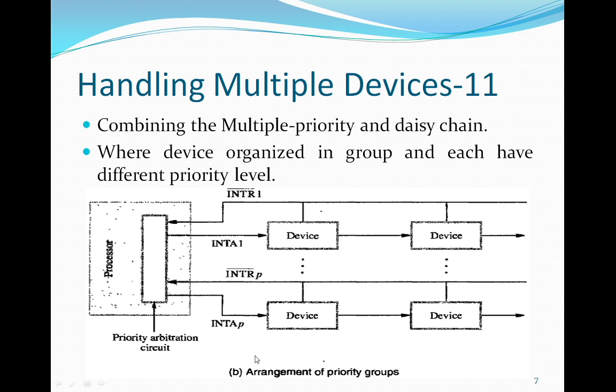This combined scheme is the preferable one to handle multiple requests, because it is the combination of both mechanisms, that is the previous mechanism and the daisy chain mechanism. So this is in detail how to handle multiple interrupt requests from multiple devices.